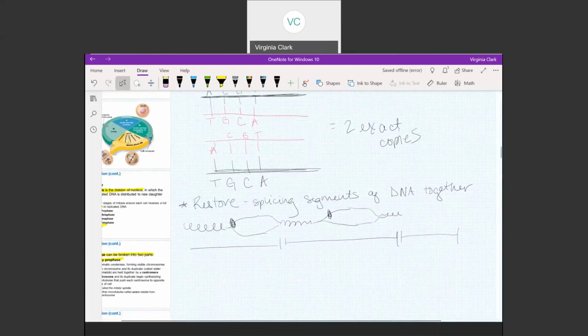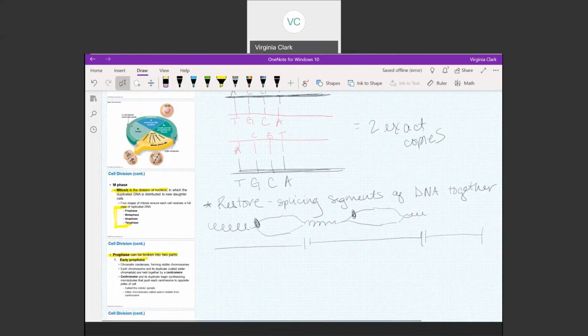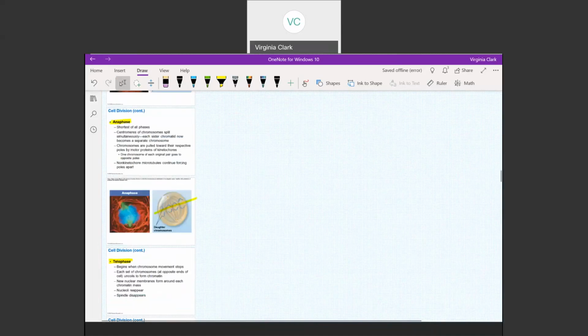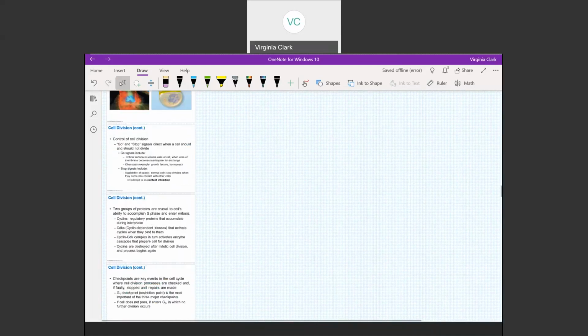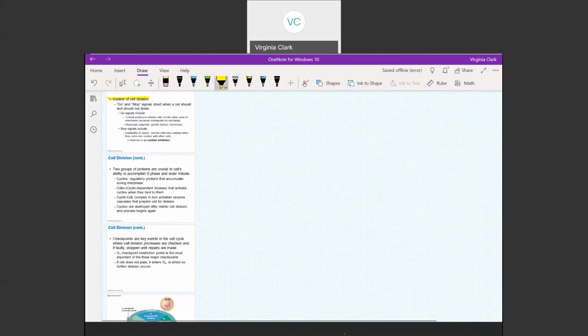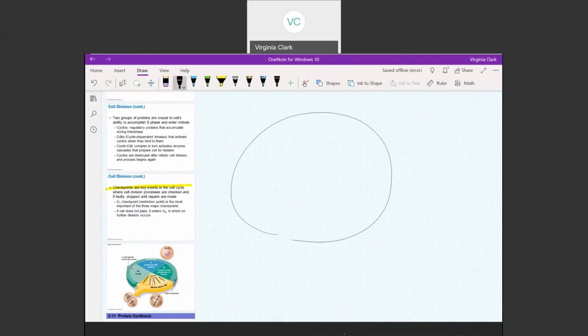Okay, so that is the S phase, DNA replication. We've already gone through mitosis and these phases that you need to know. Again, just looking at these, you need to know the order and the general idea of what is happening. And then we had already talked about the control of cell division. So there are go signals and then there are stop signals. To really hone in on this part, I'm going to talk about these right here. So the checkpoints in the cell cycle, here we go. So we're going to have